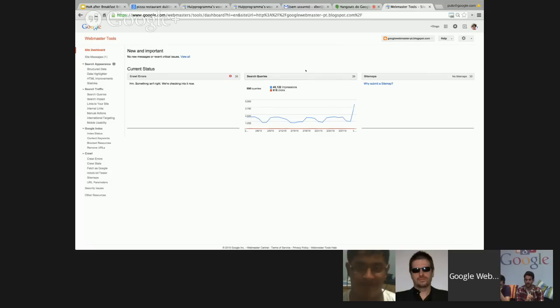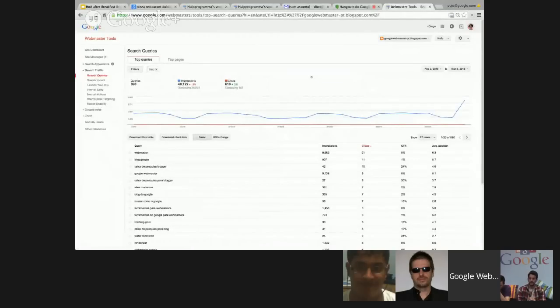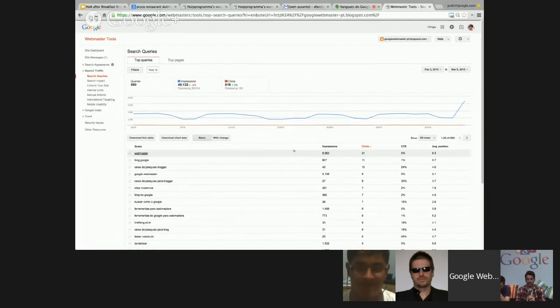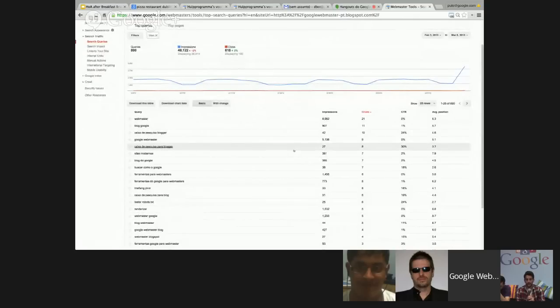And then in the middle is a section that we're going to focus on more in this session, which is the search queries. Here you can see the two metrics that we were mentioning, the impressions and the clicks. Going into this, just to quickly demo, you see that you have data from quite a big interval of time, and then you have overall information about your number of impressions and clicks on your website, and then in this list here you have a breakdown.